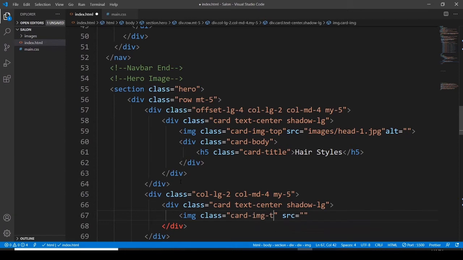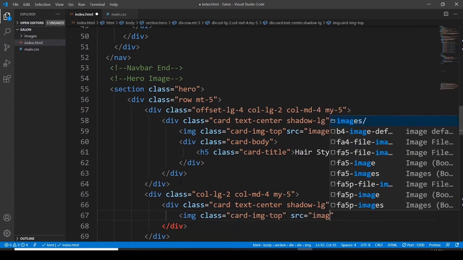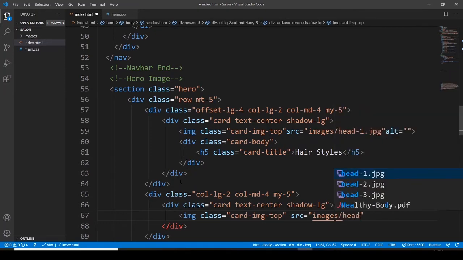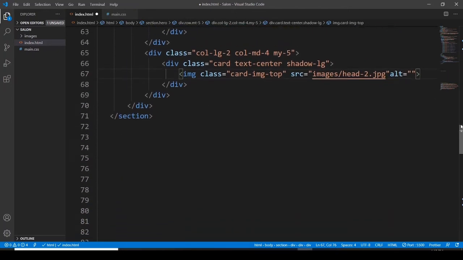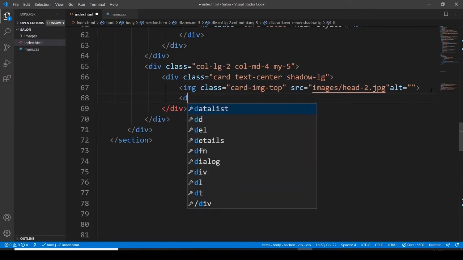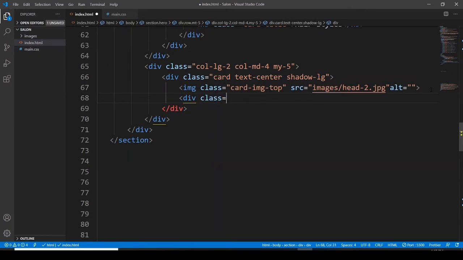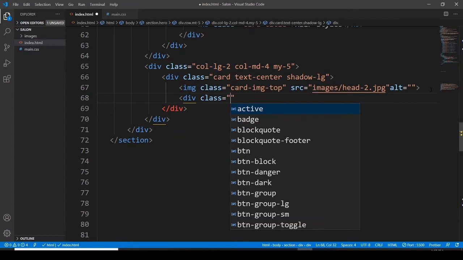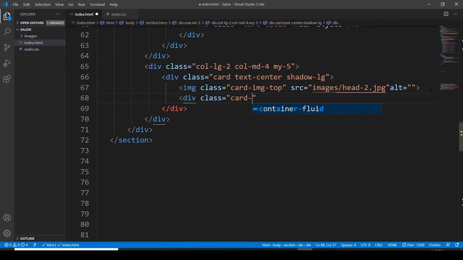Card image top, and now I want to have a source here, and in this source let's go with the images, and head2.jpg is the name of my second image, and that's all. Now we have to go with the division, assigning it a class, and this class is going to be card body,